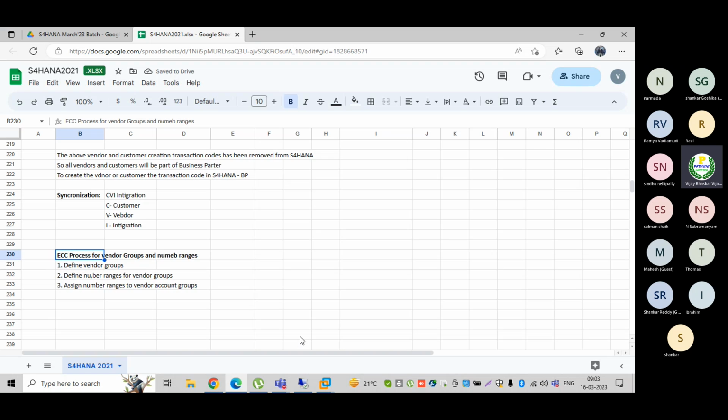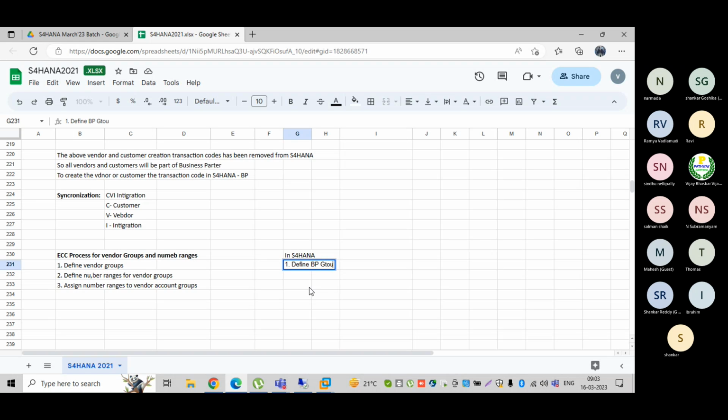Okay, we have seen this practically. Now in S4 HANA, from the S4 point of view, step number 1, what we need to define, because now there is no integration. I'm first explaining the process, then I will talk about integration and correlation. Define BP group.